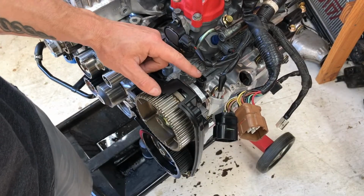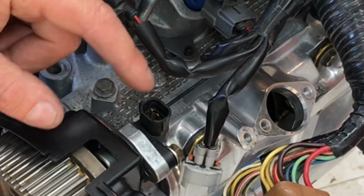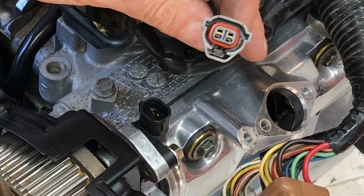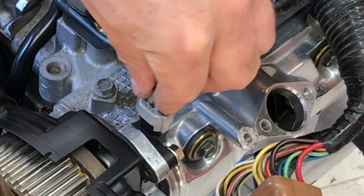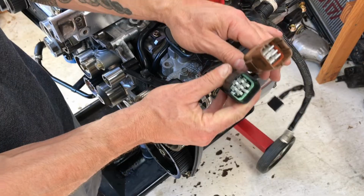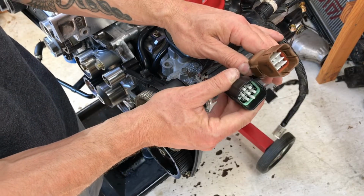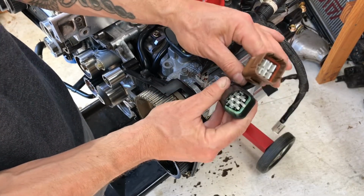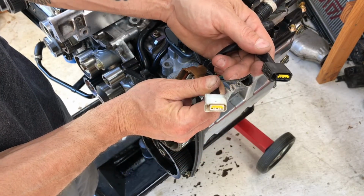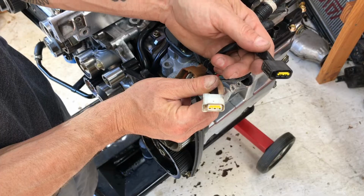And then we can move over here, and this is our camshaft position sensor. We can actually connect the terminal to that guy as well. And that's this terminal right here. So go ahead and connect that sensor. Boom, done. These big plugs, these are our main harness plugs that connect once the engine's dropped back into the vehicle. So don't worry about these plugs at this time. These plugs actually go to our coil packs. And those I don't have installed yet, but you definitely want to install those before you drop this engine back